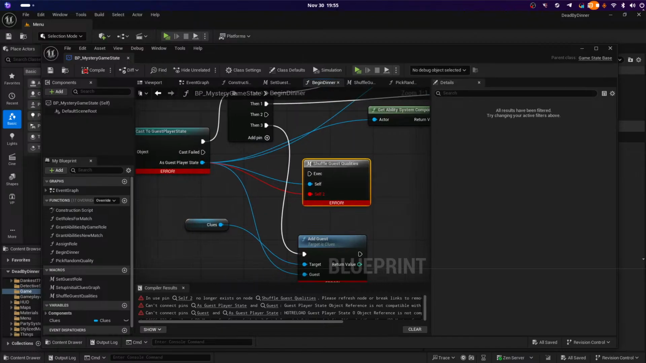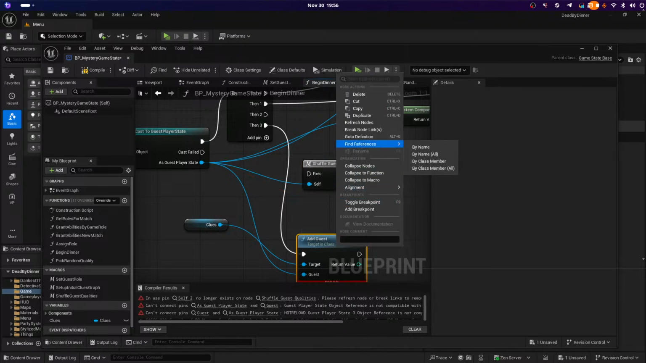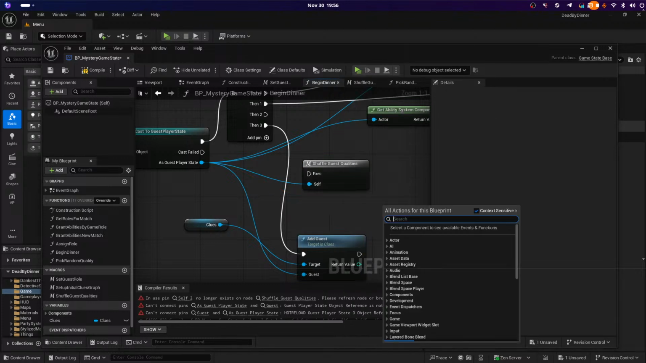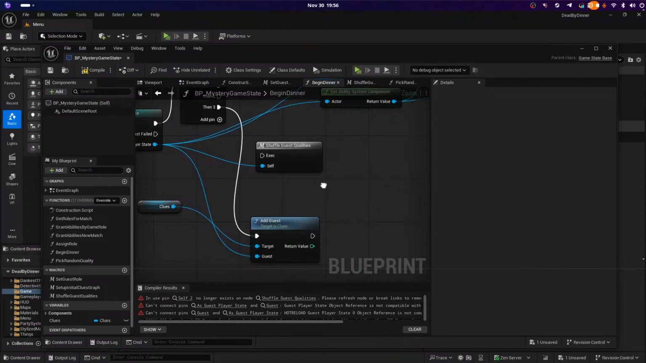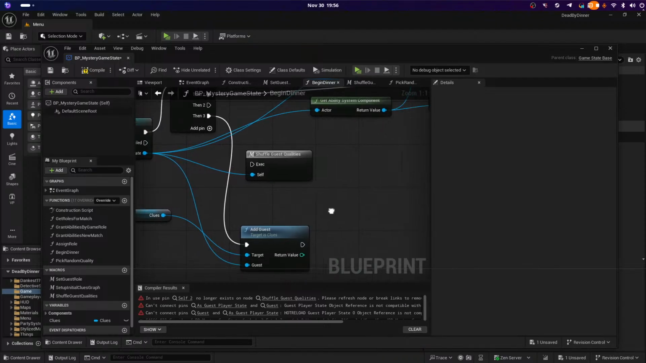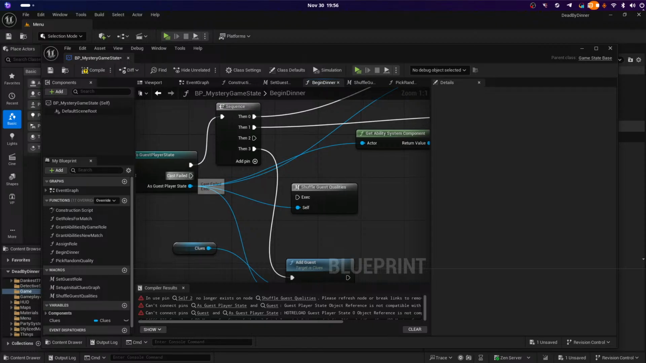Shuffle guest qualities. Yeah, I'll refresh this. Refresh this. Refresh this. Can I refresh all nodes? No, that would be too easy. All right. And then